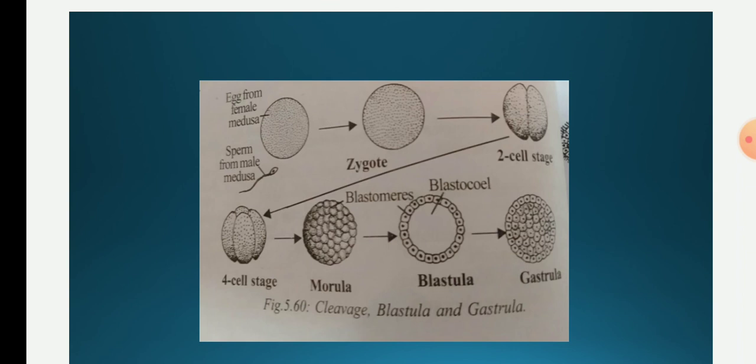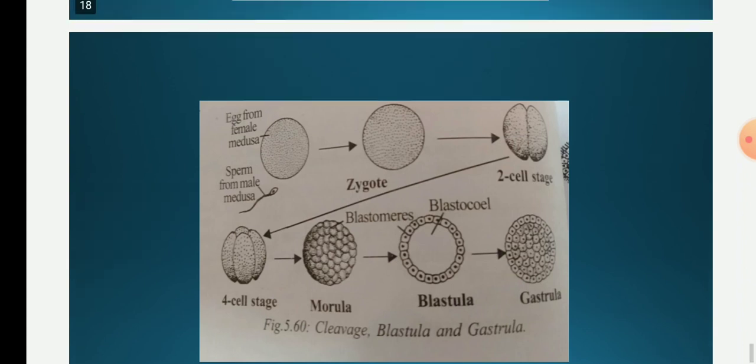Soon the inner cells of the blastoderm bud off into new cells which fill up the entire blastocoel. Thus the hollow blastula is converted into a solid ball-like stage called the gastrula. The outer layer of cells of the gastrula is called the ectoderm, and the inner cells are called the endoderm. Gastrula develops into the larva called the planula larva.